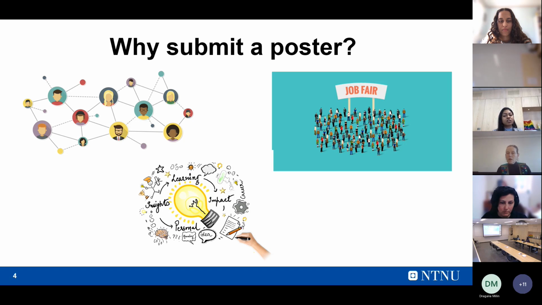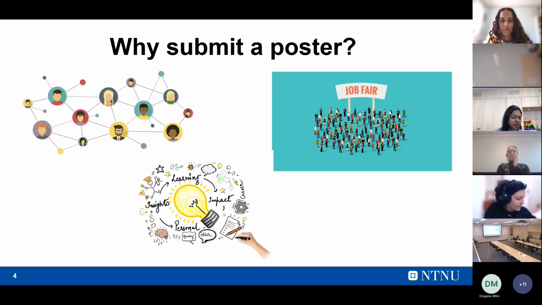Though it's also possible to attend the conference without submitting a poster, we highly do recommend and encourage you to submit a poster for the conference. Submitting a poster, I think, is a very active way of participating in the conference, as you will be able to present your research, you can initiate discussions and share ideas and so on. So we highly do encourage submitting a poster. These are some of the few reasons why I think you should highly consider submitting a poster for the conference. And now, assuming that you are willing to consider submitting a poster, what do you do?